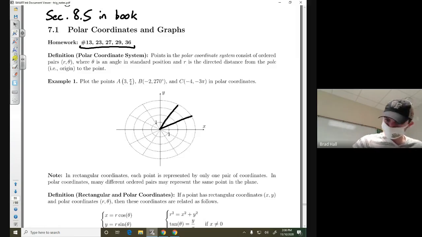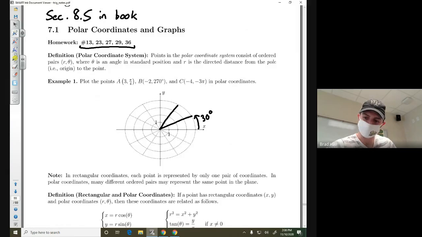I believe that represents, let me make sure I say this right. It's 30 and 60 degrees. You would think that it's just, actually no, that is right. Yeah, so this is 30 degrees and the next one's 60 degrees. So then if you needed to plot 45 degrees, you'd have to place a line right in the middle. So these go in increments of, well, I guess I can't say increments of 30,